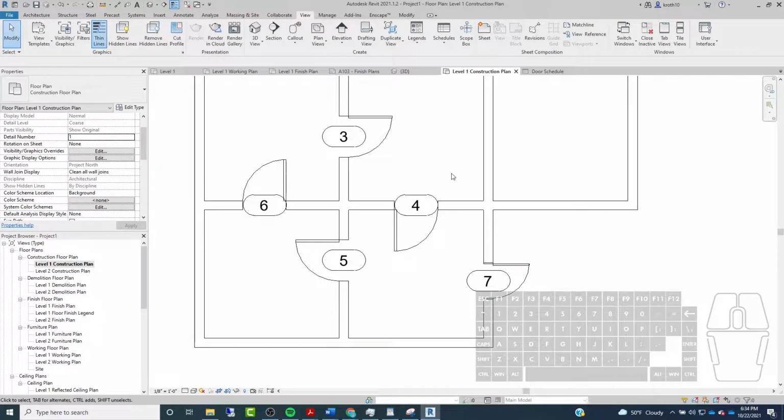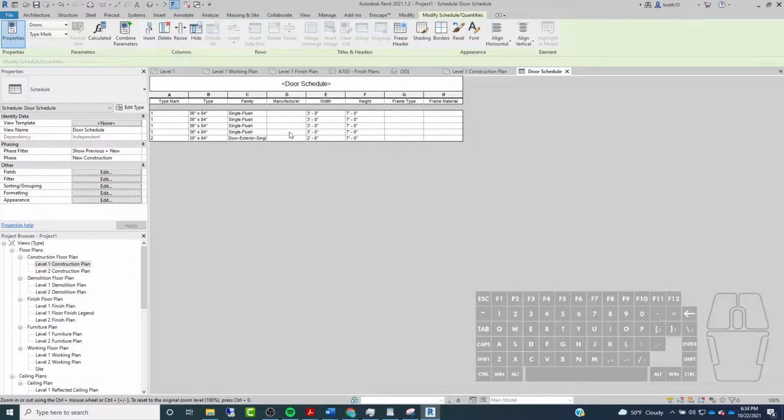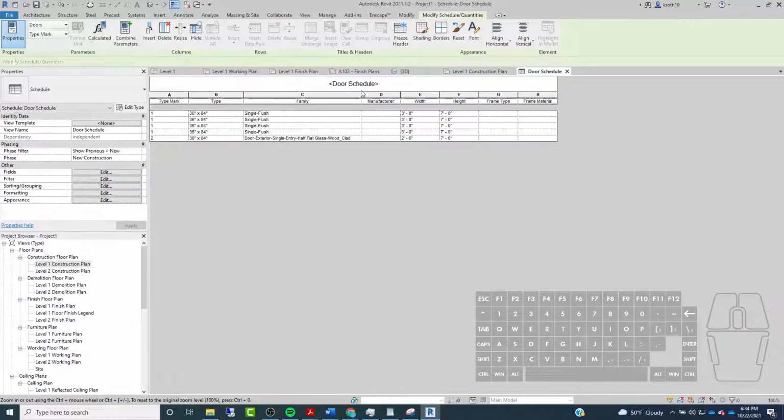And then let's go back to my door schedule. So that's set to type 2. If you wanted to, you could have it like how I'm currently showing it, where it's itemizing every instance. So you're seeing every single one that's shown. Right, so we're seeing all 4 of those interior doors, and then we're just seeing 1 exterior door. So you could have it like this, and then